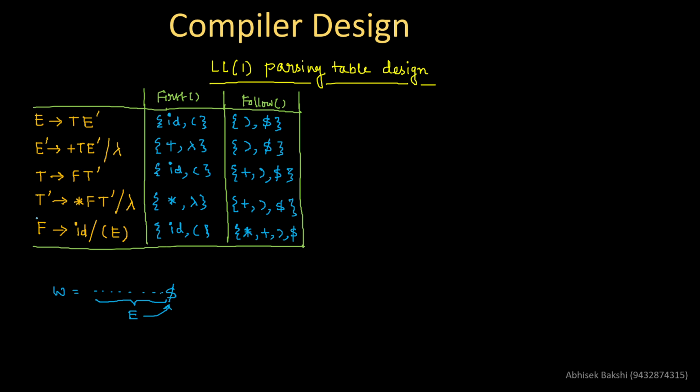But in this particular production rule, T can be written as star F followed by T dash. Here also F is followed by T dash. That means follow of F is actually first of T dash, and first of T dash is again the same thing, star and lambda. Star is already given, and even if I put lambda in this T dash, that means F becomes the last character. That means follow of F becomes the follow of T dash, and follow of T dash contains plus, dollar and closing brace, which I have already included here. So nothing new to include. That means I can stop.